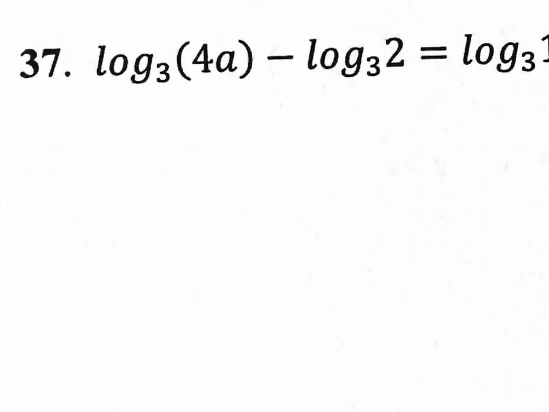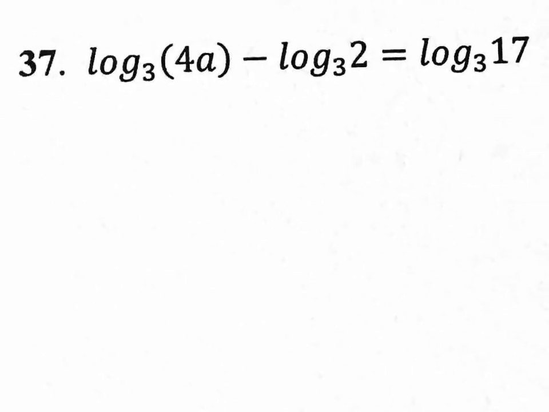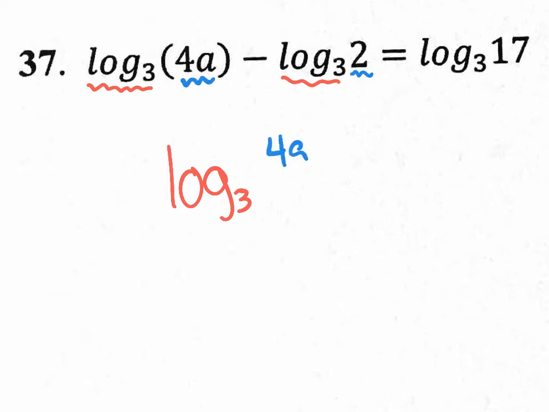We're going to condense with what property? Quotient. There's a minus sign right here. We're going to use a quotient property. So we're only able to apply these properties because we have the same identical log base 3 on both of them. That means you could condense them to have one single log base 3 of the first one over the second one, 4a over 2. So you really have log base 3 of the fraction 4a over 2, and it does equal log base 3